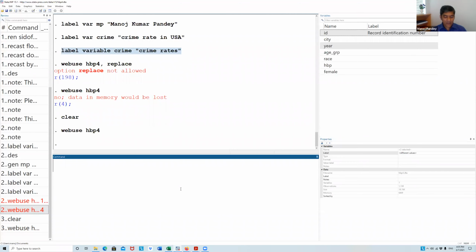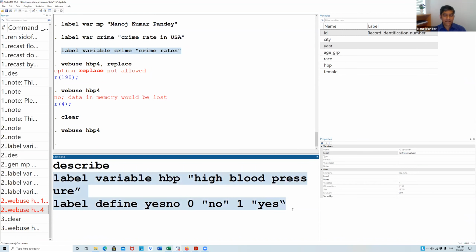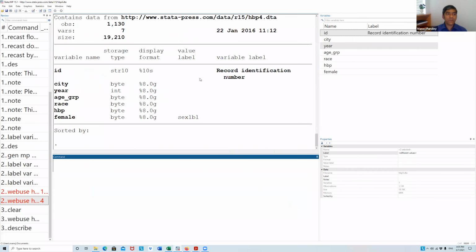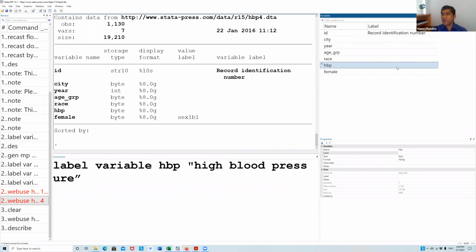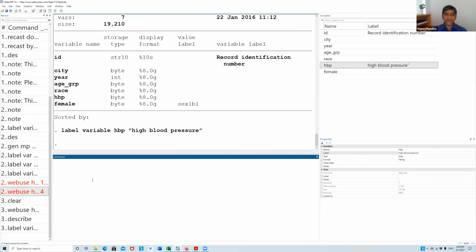Now, the next one was describe. So let's describe these variables: ID, CT, year, age group, race, HBP, female. Now, we know that the label for variable HBP is high blood pressure. So we are going to label that variable. Because HBP is not labeled yet, we are going to label this.